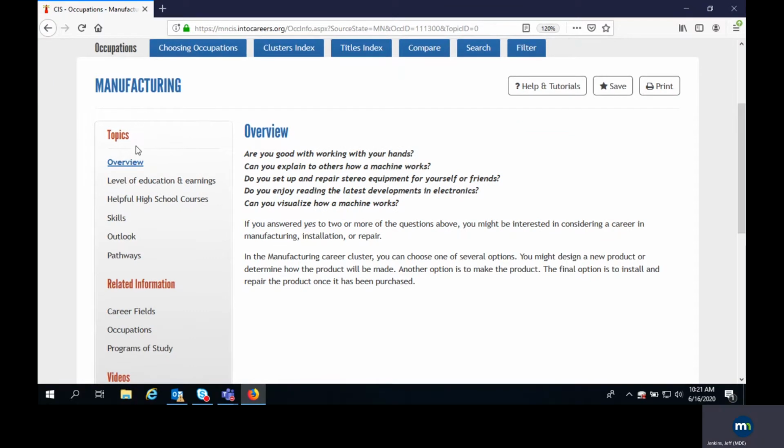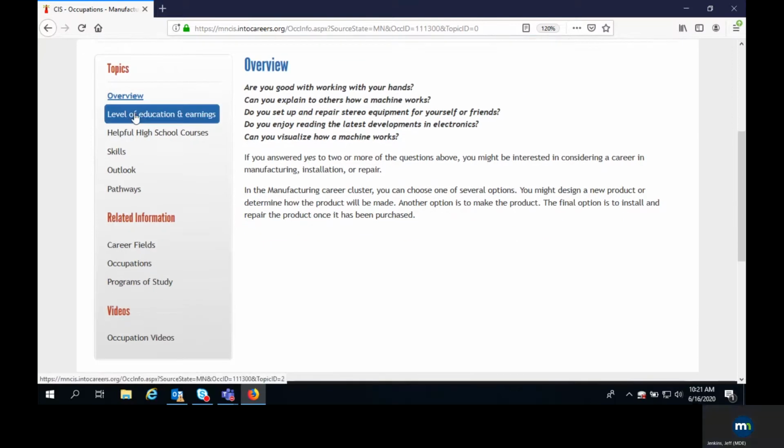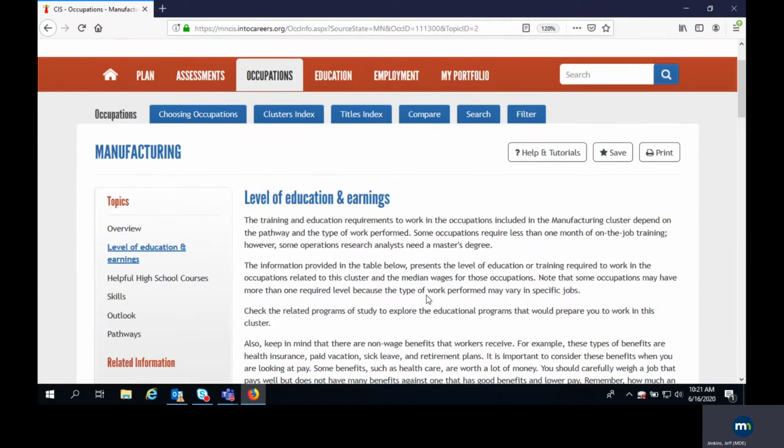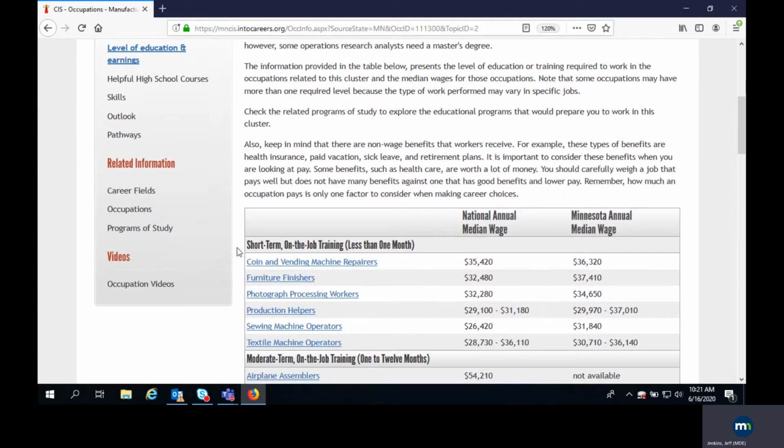So here, when you first get on there, it starts with the top topic, the one on the top of the list. So the overview, just a little bit of information about what this cluster is in general. We go into level of education and earnings. This is just another way to organize the occupations that are a part of this cluster. So we're looking at the different education level that might be needed, and then it gives the wages for that, the typical wages, median wage for both the national and Minnesota